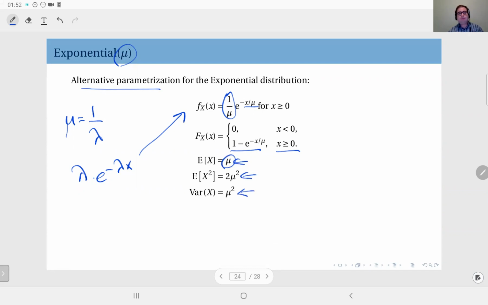So sometimes people prefer to parameterize the exponential distribution using the mean rather than the reciprocal of the mean. The reciprocal of the mean has an interpretation. We sometimes call it the rate of the exponential distribution. And mu here obviously is the mean of the distribution, and the mean and the rate are reciprocals of each other. So in certain contexts, we prefer to use the parameterization with lambda, and in this course we are going to do that. But in some other contexts, just bear in mind that there is an alternative parameterization for the exponential distribution,